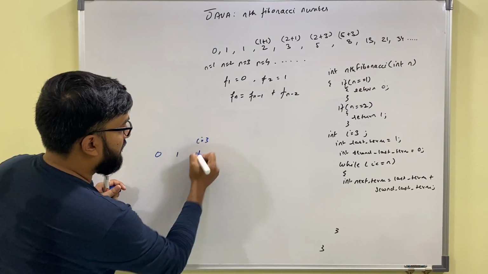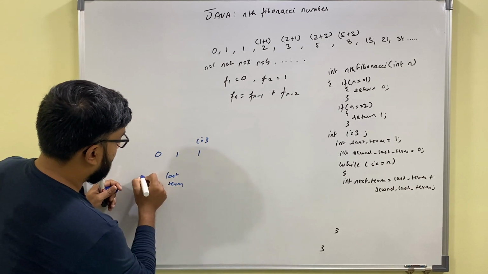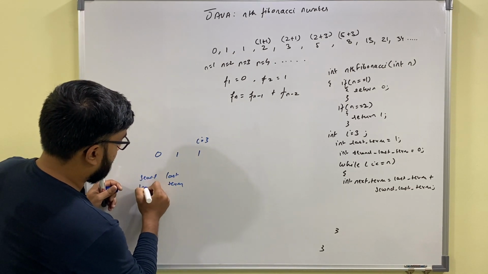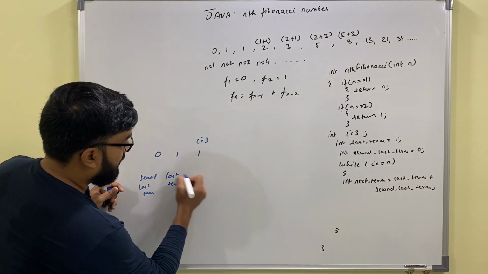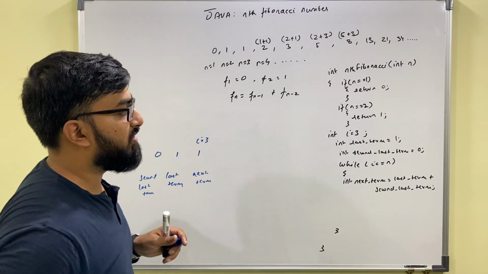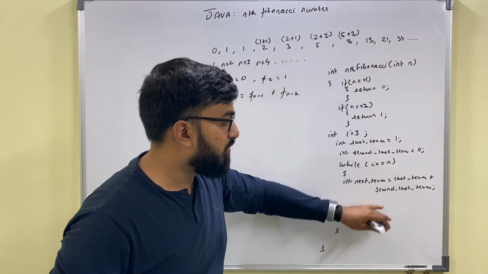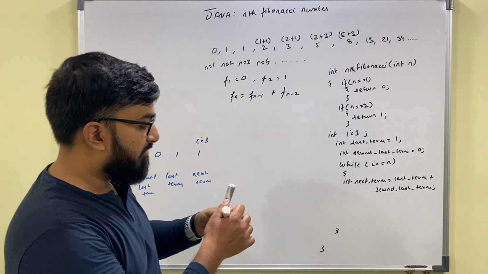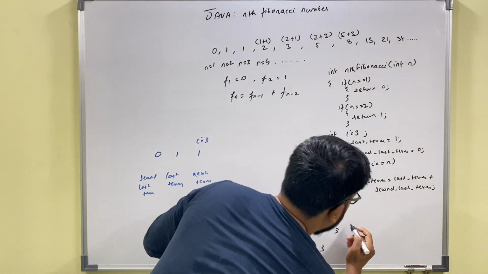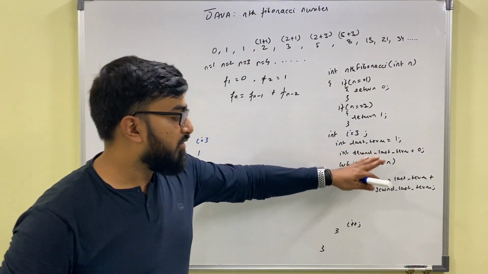I equal to 3. This is the last term. This is the second last term. And this is the next term for I equal to 3. So if n is 3, 3 is less than or equal to 3 is going to be true. In the next iteration, when I do I plus plus, I becomes 4, loop stops, and I return